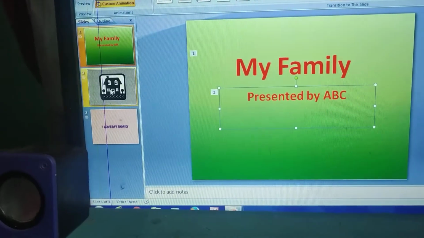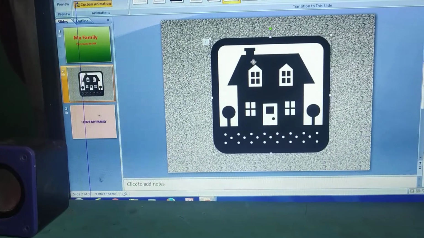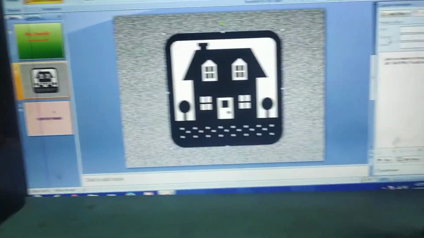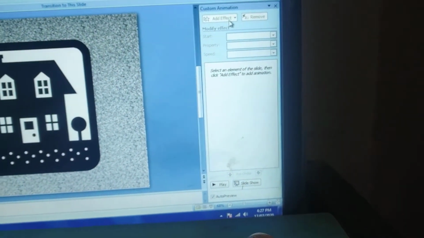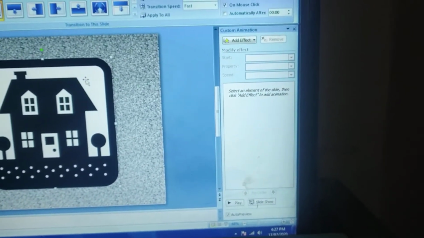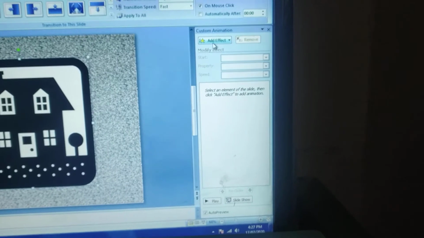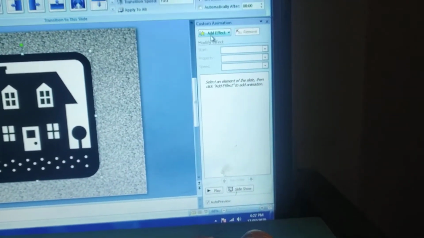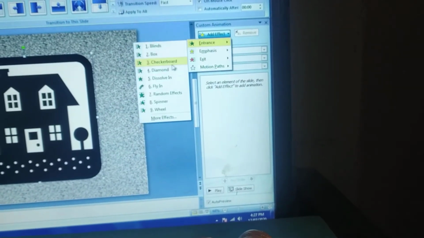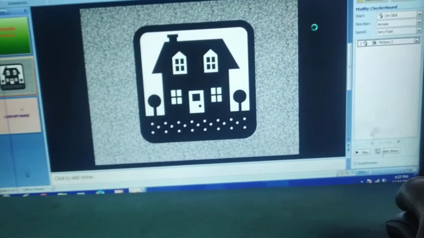Then again the second slide, when you click on the picture, that time only the option will be activated. So first of all click on that picture, then only you will get this effect. Click on add effect, whichever you want you can take it.